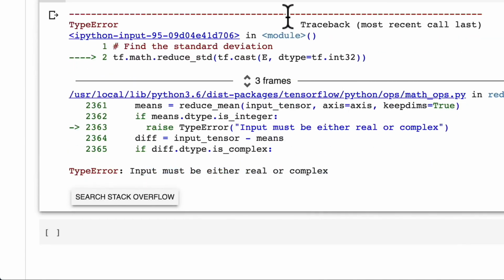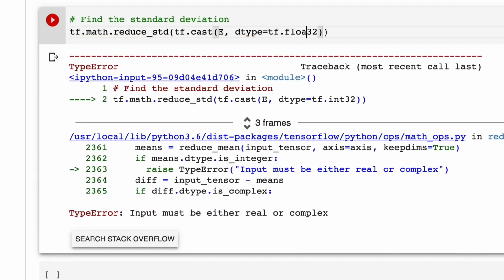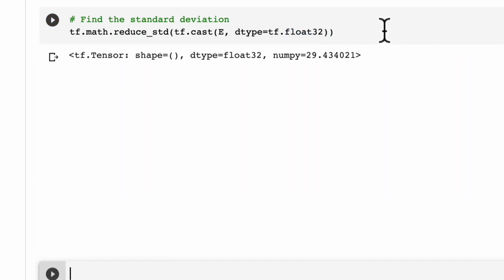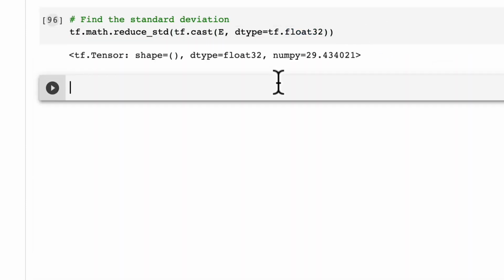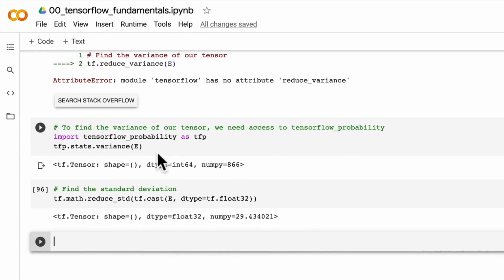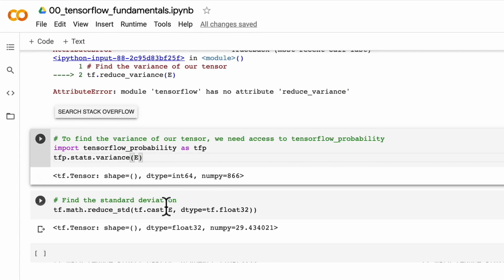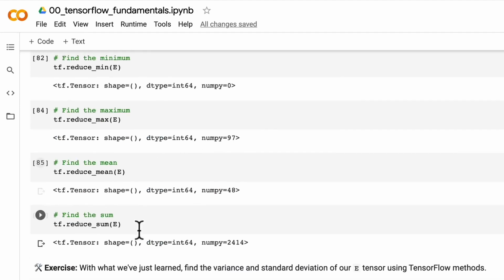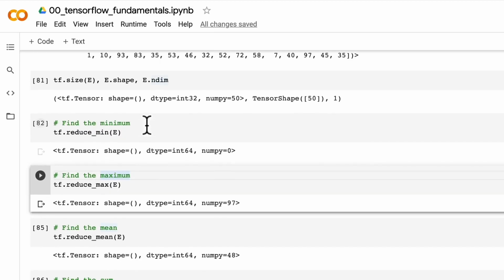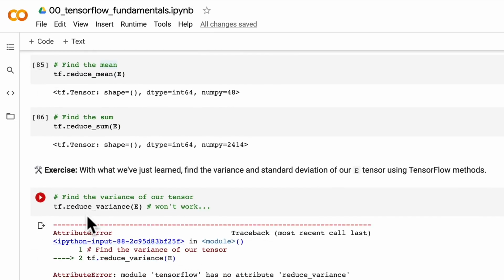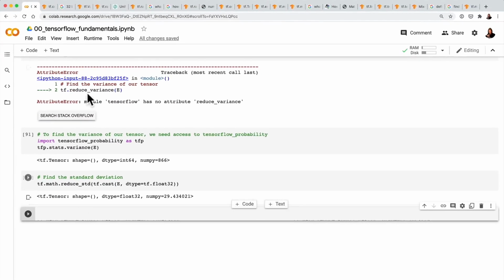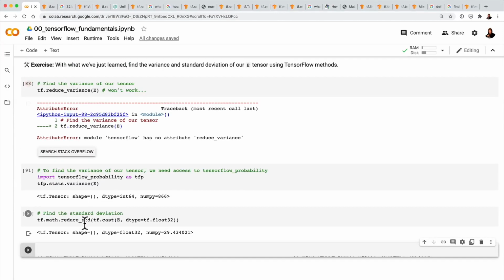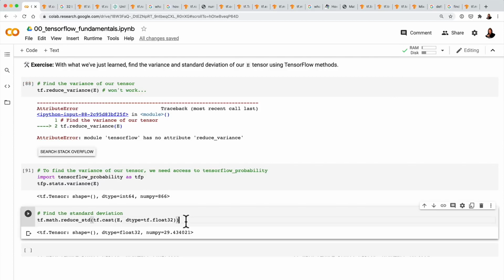Input must be real or complex. Maybe float32. There we go. Okay. So this is what I mean. Things may not be as they appear when you go through the TensorFlow library. So up here, we've got a few relatively easy methods compared to what we had to do here. But this has been a great practice as to how you might go about researching and trying things out to